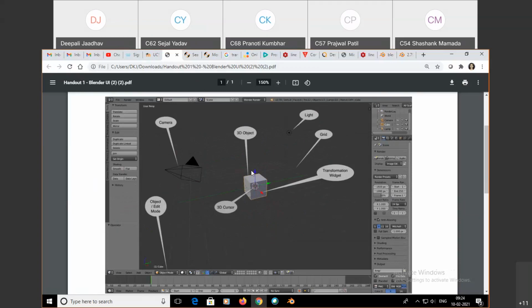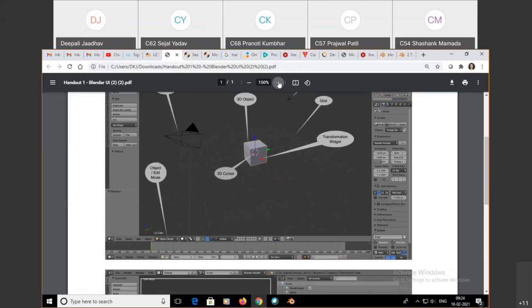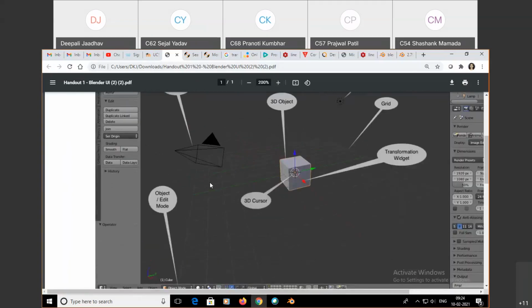Because here the 3 directions are given, X, Y and Z. So blue is X, green is Y and red is Z direction. This is the grid to show the front view, top view, side view, left, right side, bottom view, etc.